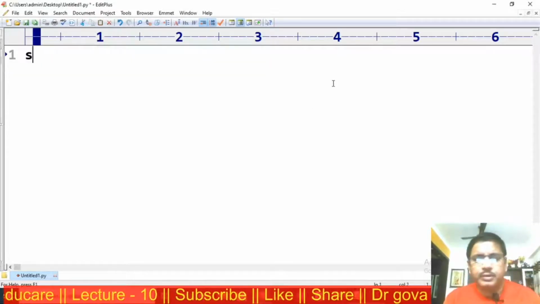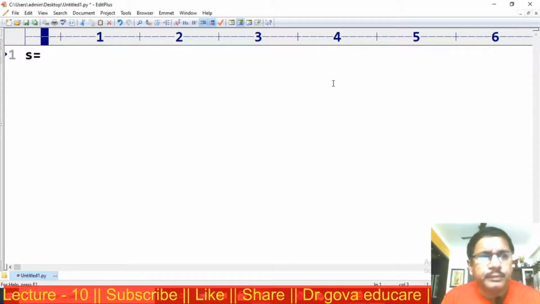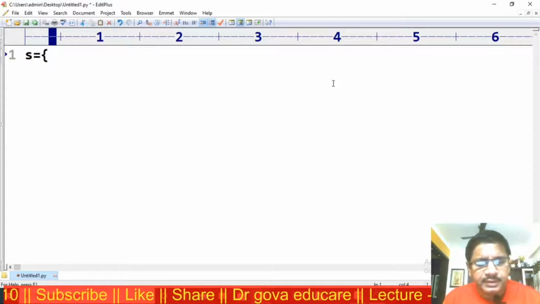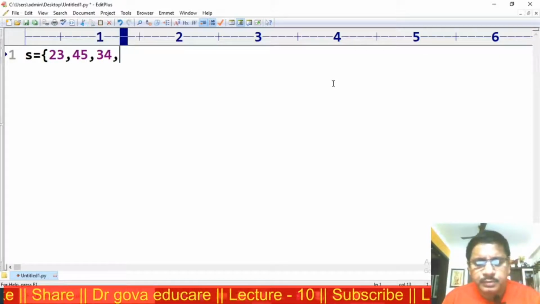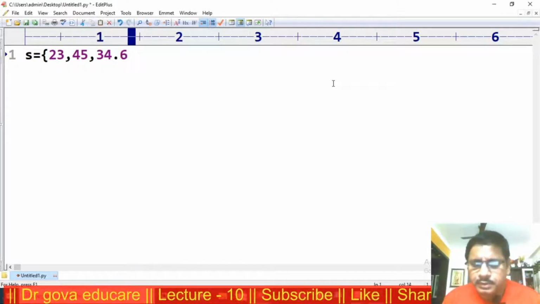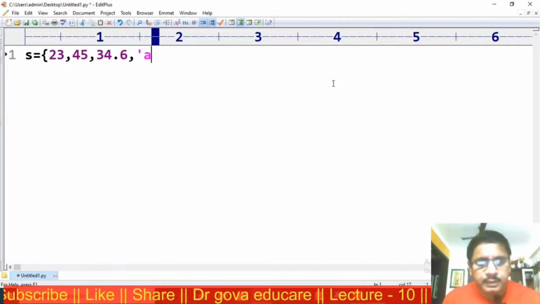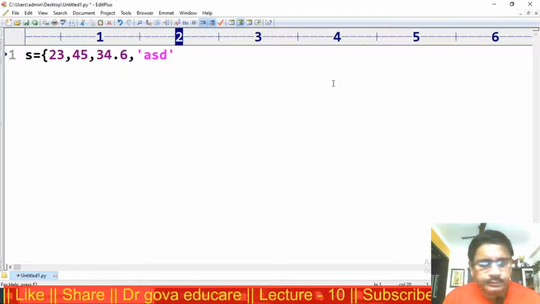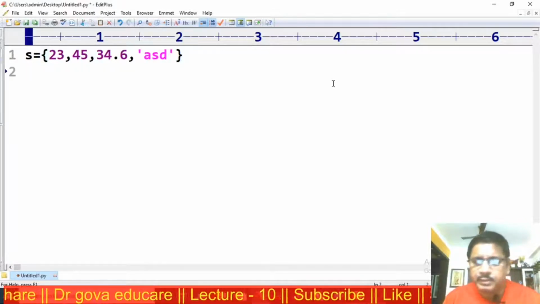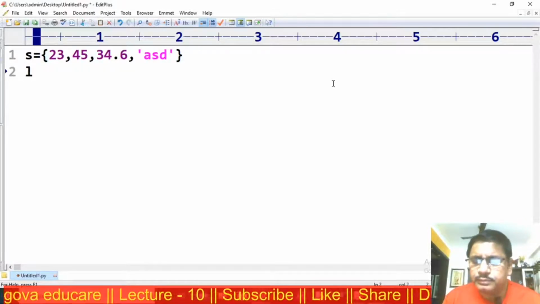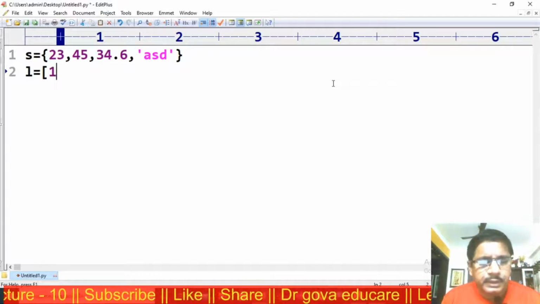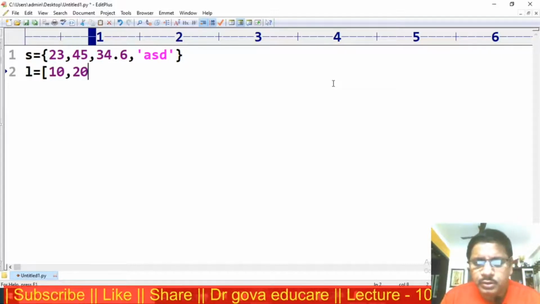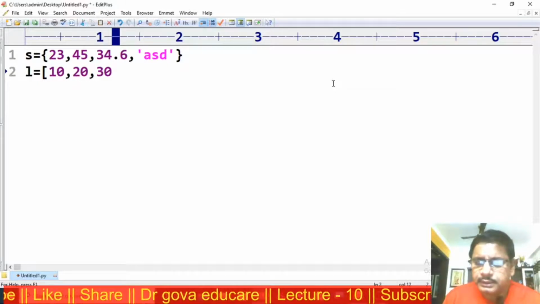Now this is the example. S is equal to a set with some values, ASD, and from list L is equal to 10, 20, 30.